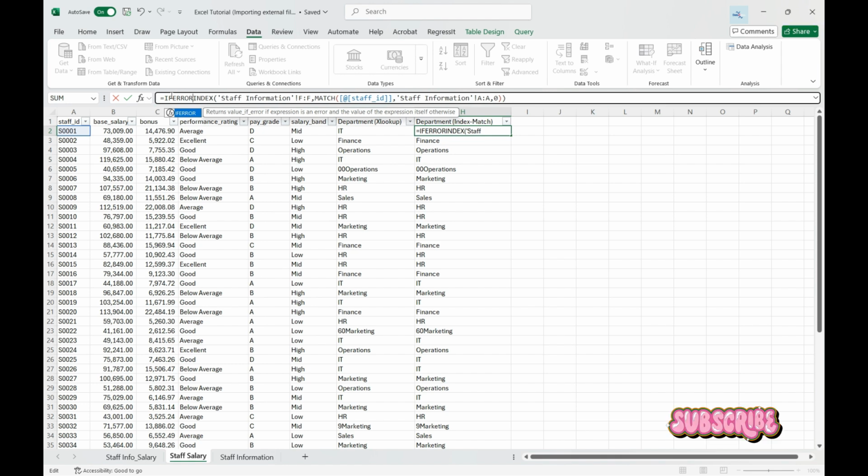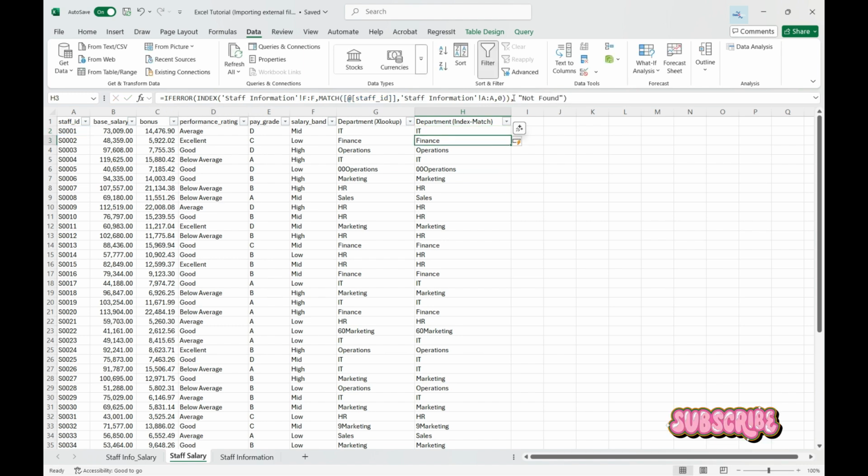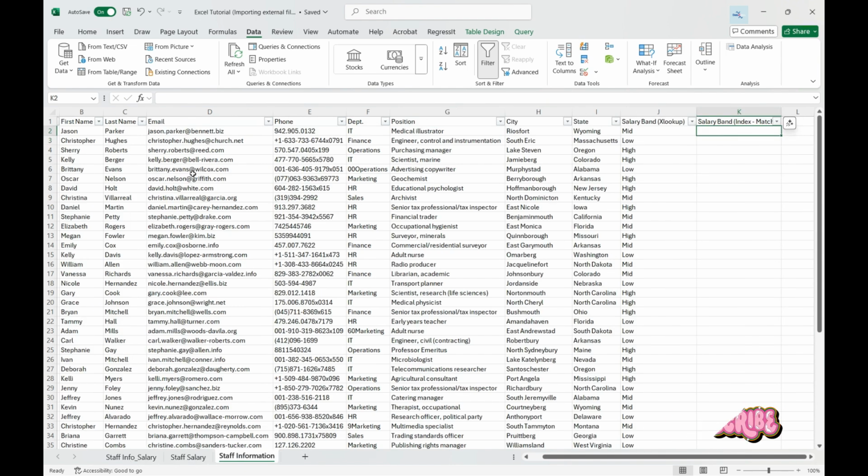The first argument in the if error function is the value. In this case, this is our index match. Then the next argument is value if error. This is what to return if there is an error when your search isn't found. At the back of my close parentheses, I'll type comma, then type not found and close the parentheses, then press enter. I'll test this by changing the first staff ID, which is the search value, to